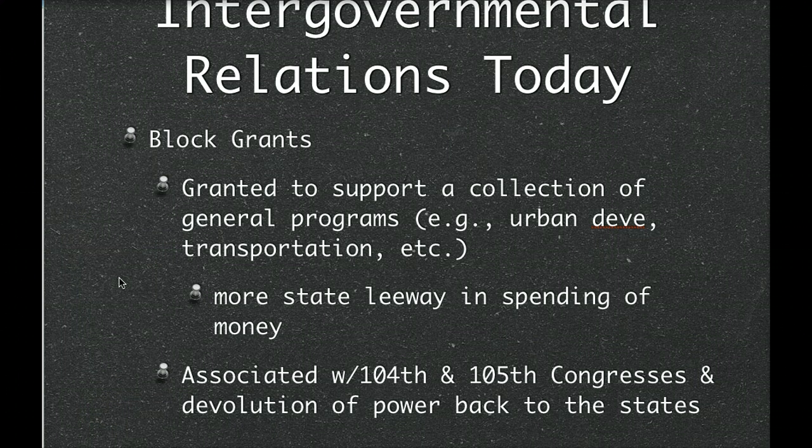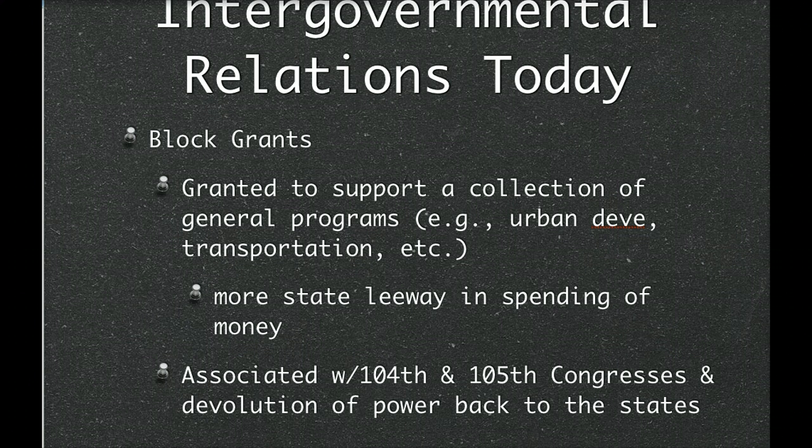Now, today, even though block grants still exist, Congress is always tempted to add strings to the money, or to set requirements, and that means setting requirements for how federal grants are to be spent, etc., etc. So as a result, block grants gradually become more categorical, a phenomenon known as a creeping categorization.